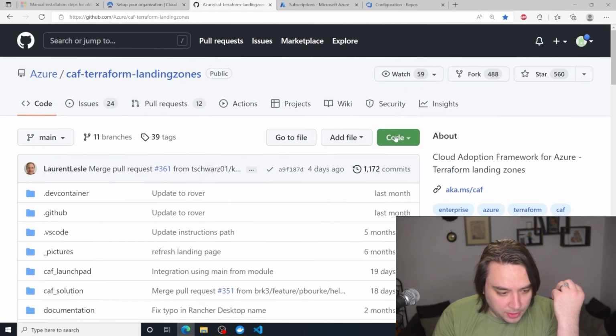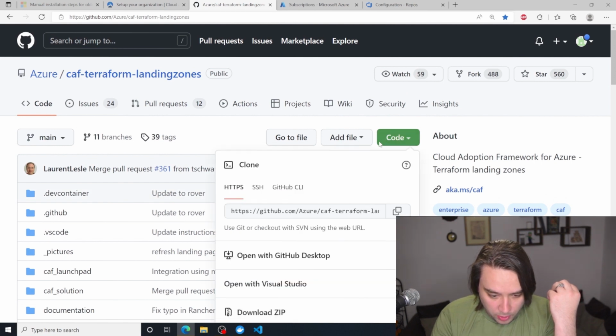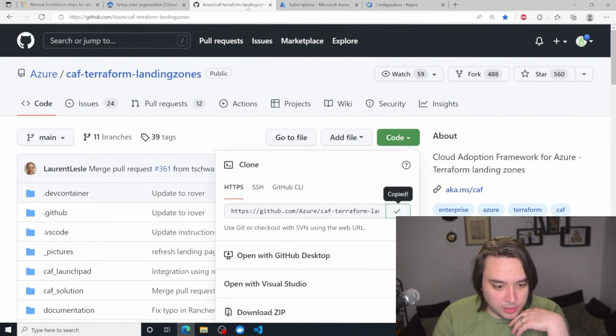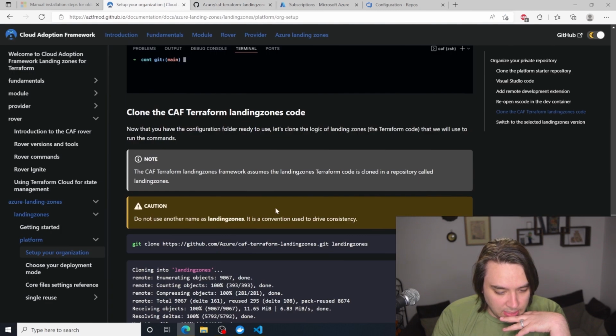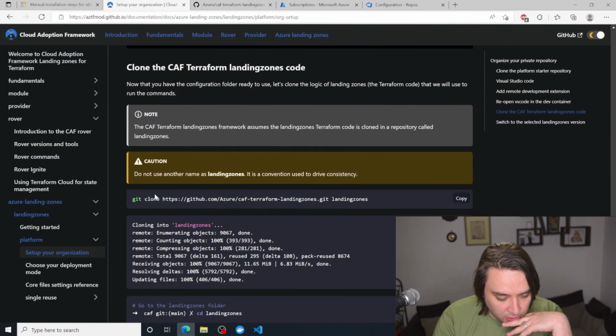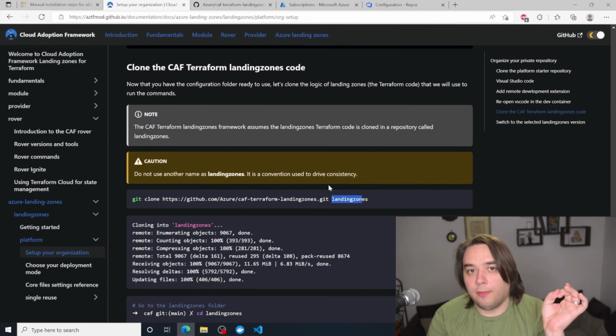We're going to copy this code, but what they say is that we actually want this: git clone, and they recommend using landing zones. It's used to drive consistency.